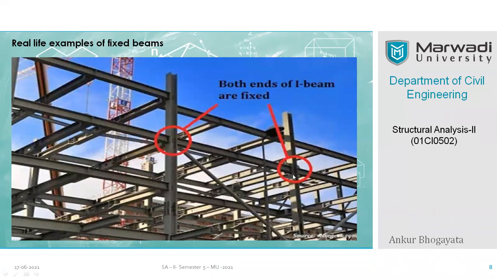Now if you avoid welding over here, for example, you can turn this connection into a pin connection or a partially rigid connection. Right. So that is also called a non-moment resisting frame, where the moments are only transferred within the beam itself, but not transferred to the column. Sometimes it is beneficial, sometimes it is intentionally done. But when to do it and when not to, that we will discuss later, because today's aim is just to have an introduction to the fixed beam, that's all. So let's keep it simple, and this is the image which explains the fixed beam.